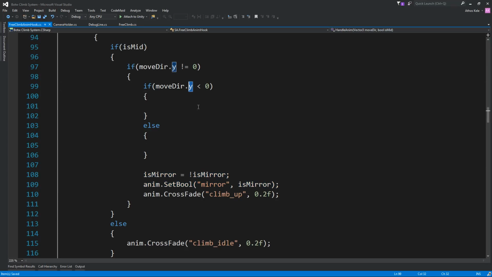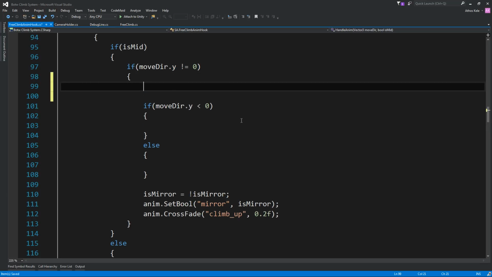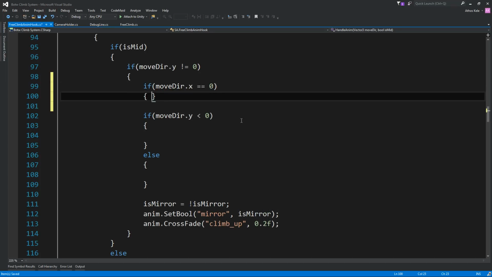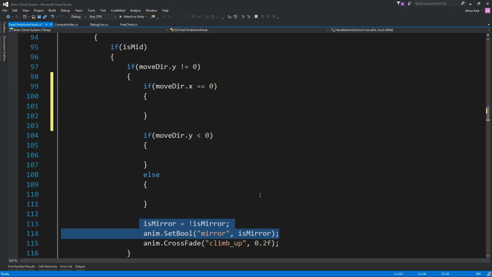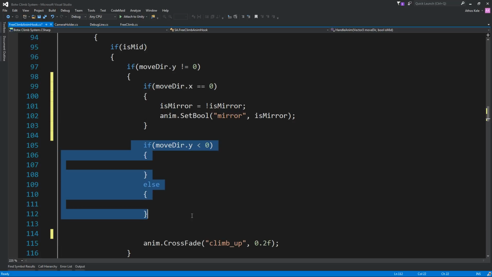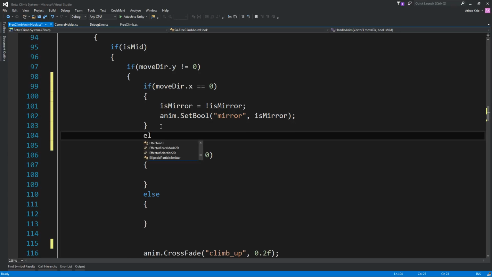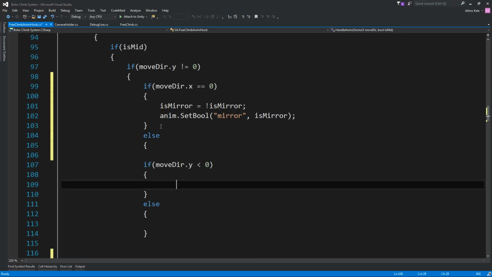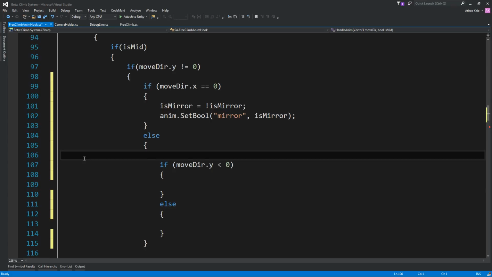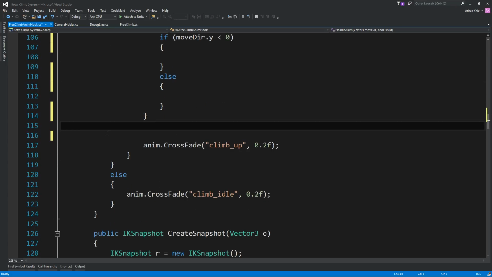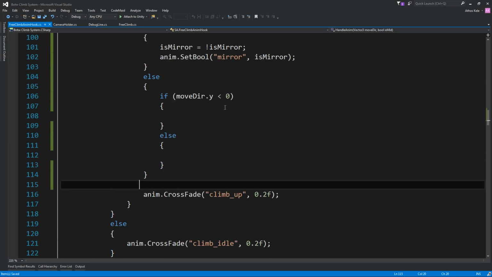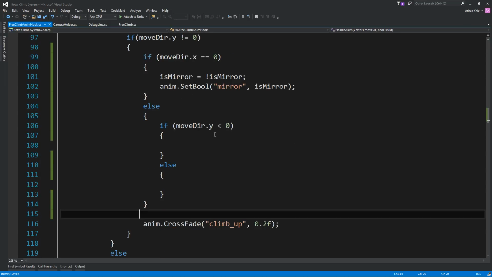So let's maybe change this into, let's say, if move dir dot x equals 0, do this, and else, when we are going down we want the opposite.